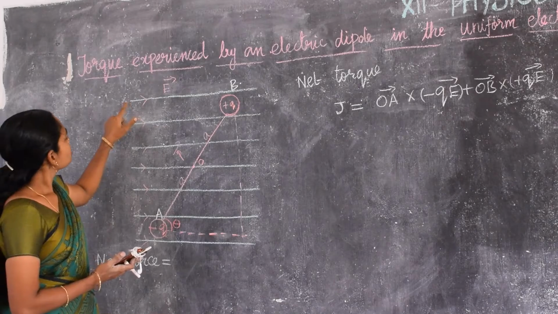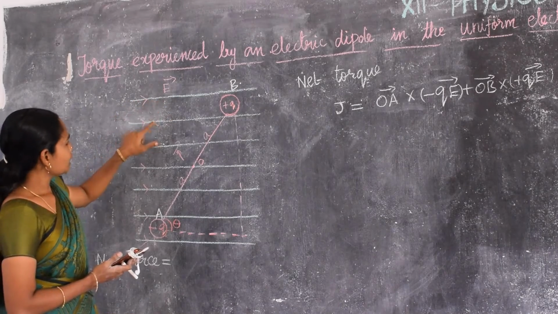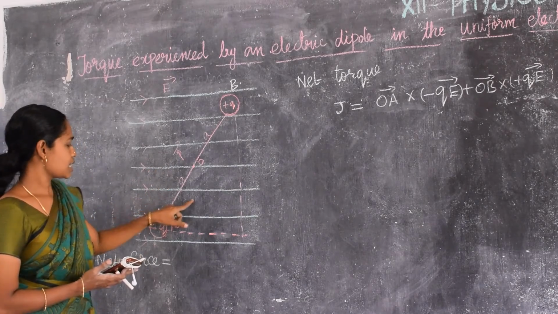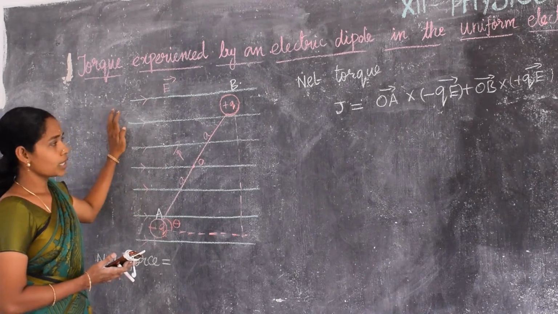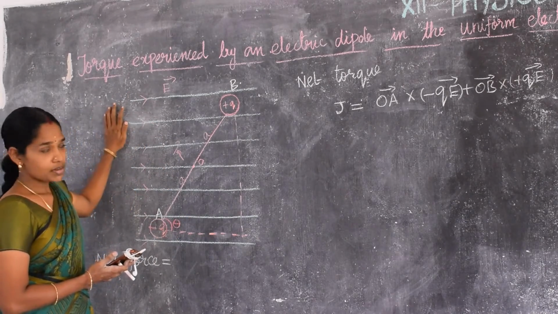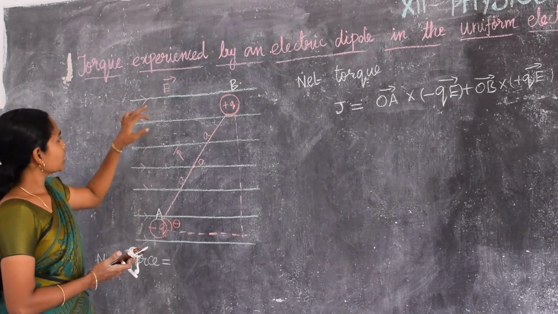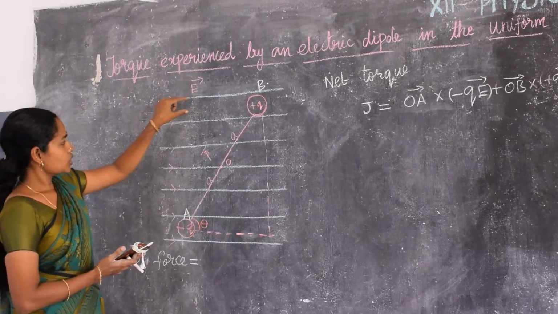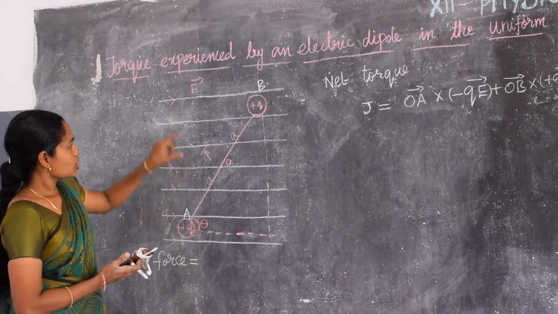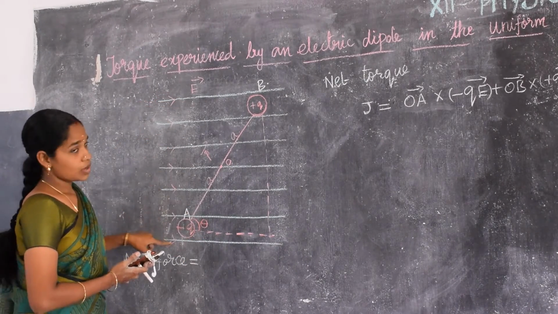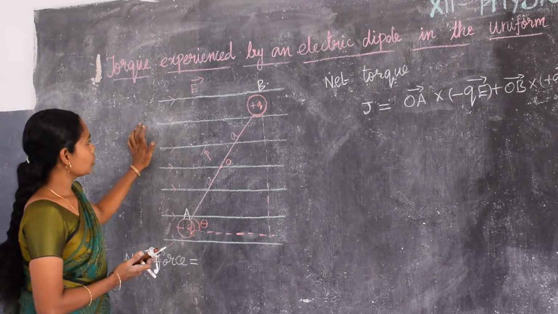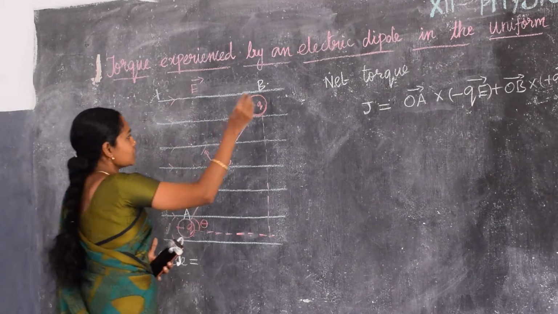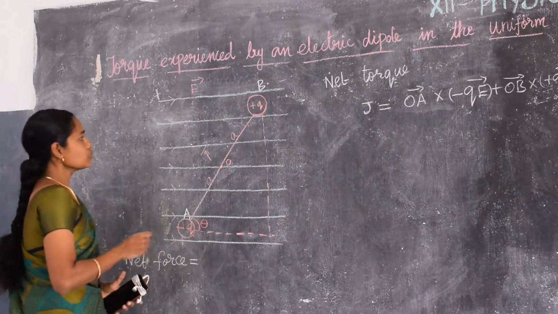So see this electric field represented by these lines. So this is uniform electric field. Already we have discussed. What is uniform electric field? It has same magnitude and same direction, isn't it? So these lines are equally spaced lines and the direction is also same here. So this is uniform electric field. So electric field always starts from the positive charge and ends at a negative charge.